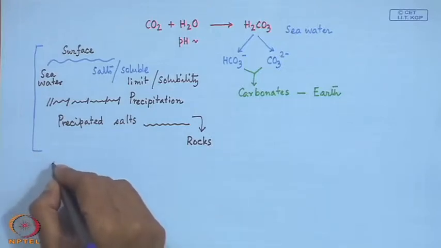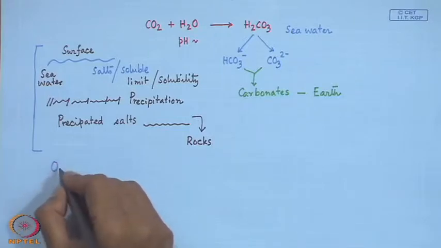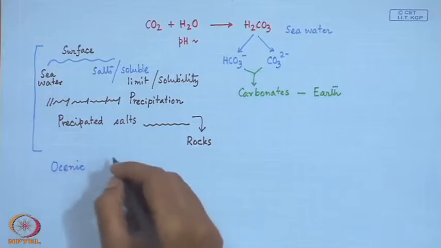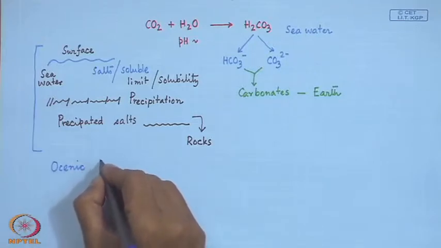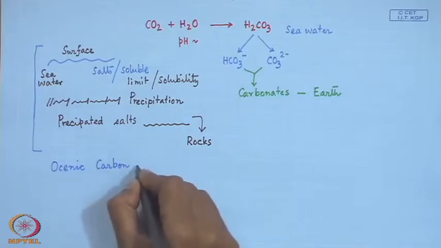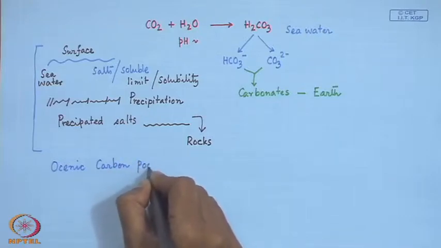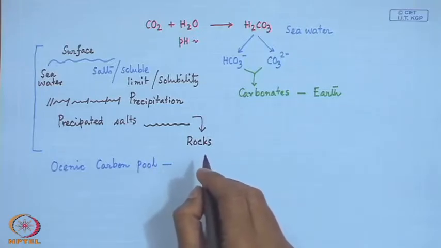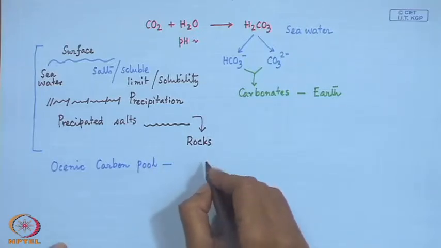So, definitely we can have an oceanic origin of these carbon atoms. Therefore, we can have an oceanic carbon pool, and that particular pool can give rise to the corresponding fossil fuels and all the others, and